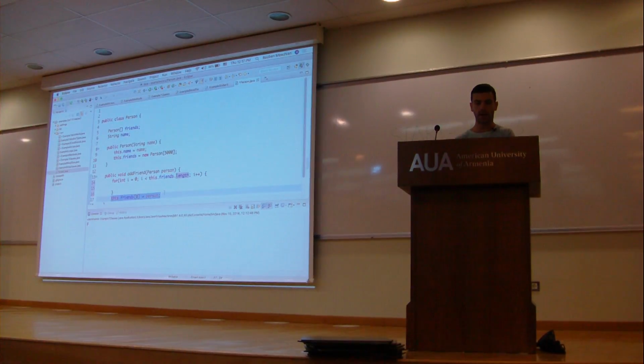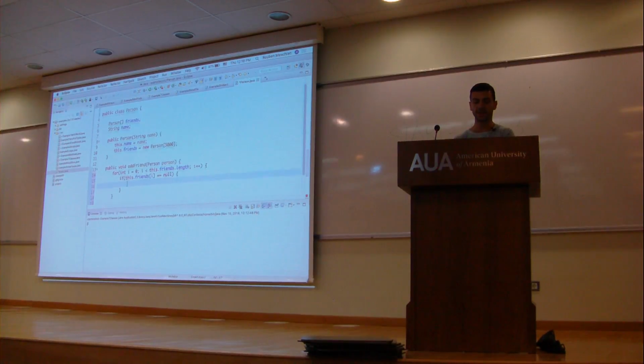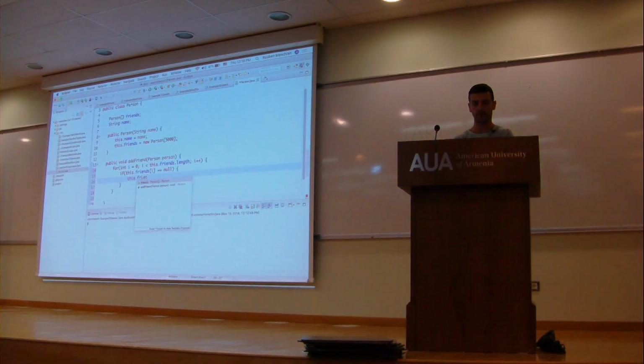Okay. Now I want to check if this dot friends i is equal to null. Remember, null is the empty value in Java, right? It means empty. If that's the case, this is the position we're going to set it. So this dot friends i will be assigned person. And then we're going to